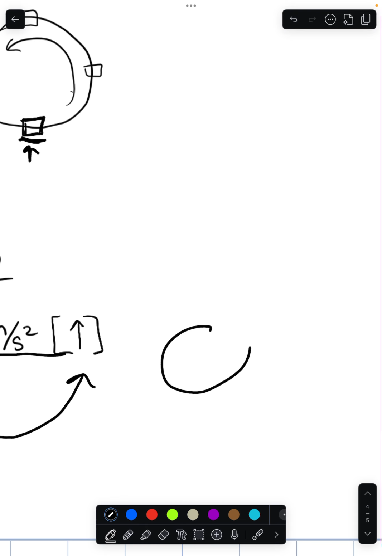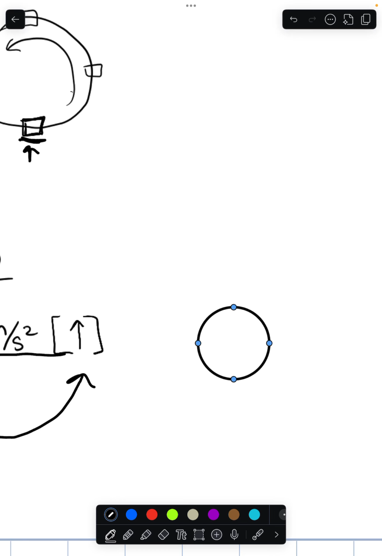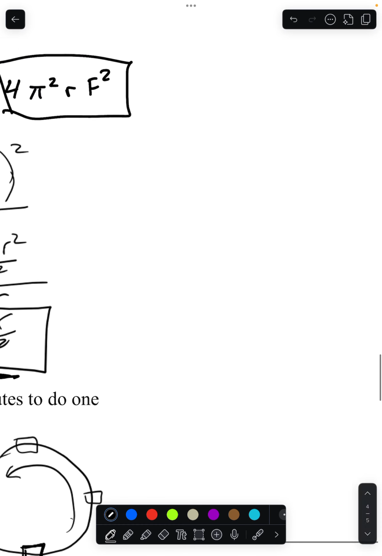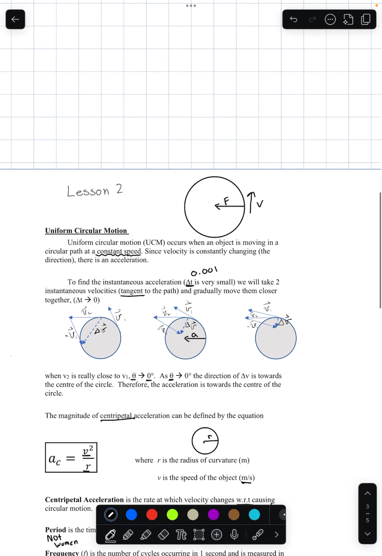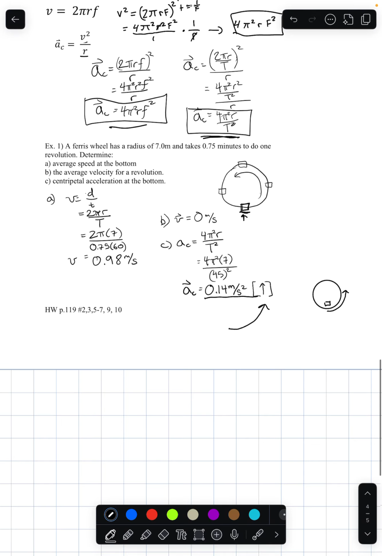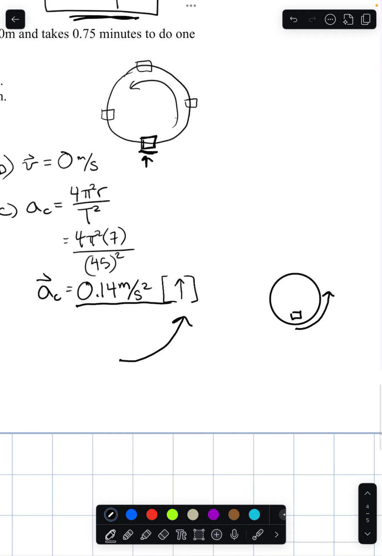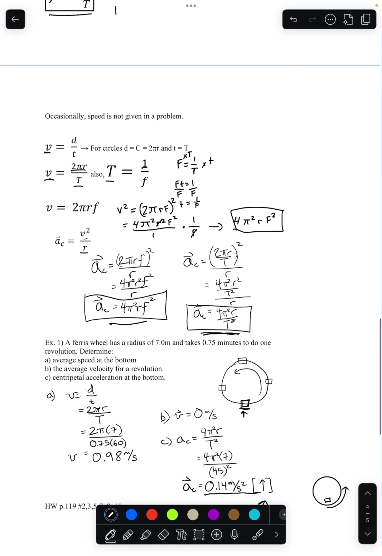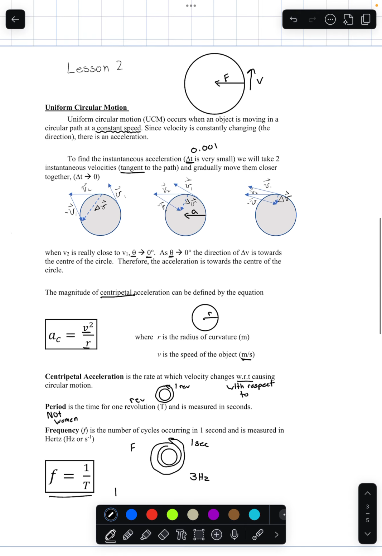Another example over here, if we have a circle over here and we're trying to find, oh, that's not a circle. If we're trying to find our speed over here, into this section right here, this force will always be pushing up, just like how we explained it over here. When two forces are perpendicular to each other, it's always going to move in a circular formation. All right, that's lesson 2 on